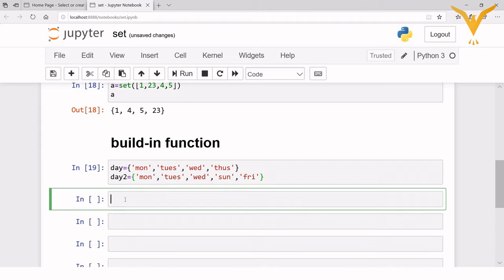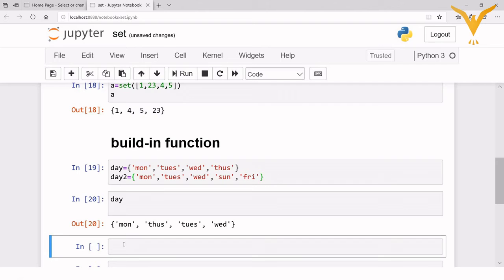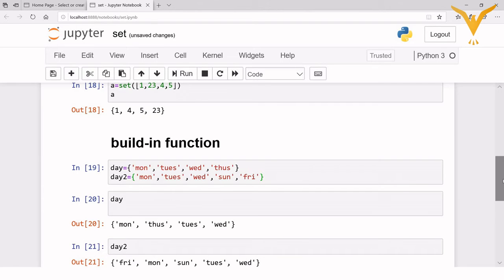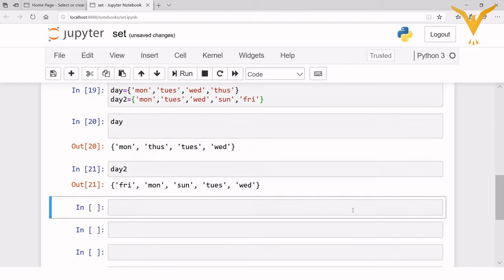So let's print this set, that is day, and then we have day 2. Fine. Now first we will use the add method. Add method is used to add an element. So the syntax is, suppose I want to add one element inside my set day. So day dot add, and inside add we have to pass the element which we want to add.